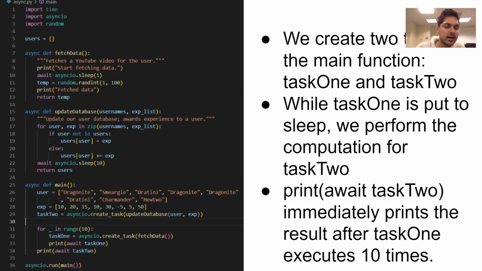So we created task 2, but the result of task 2 is going to be printed after task 1 has been printed 10 times. Well, task 1 is actually going to keep changing though while the for loop runs.